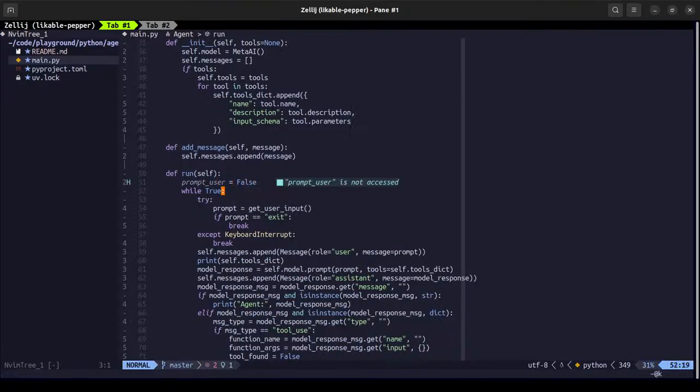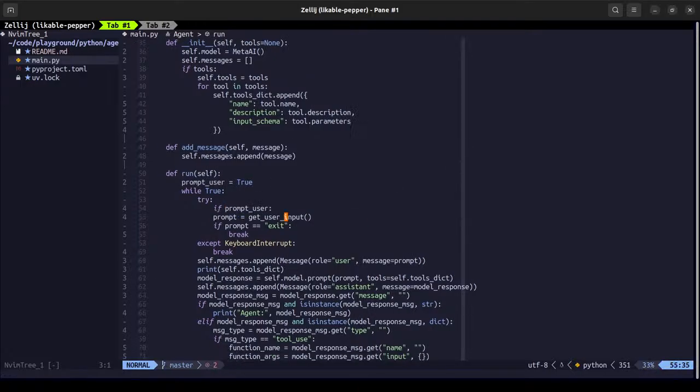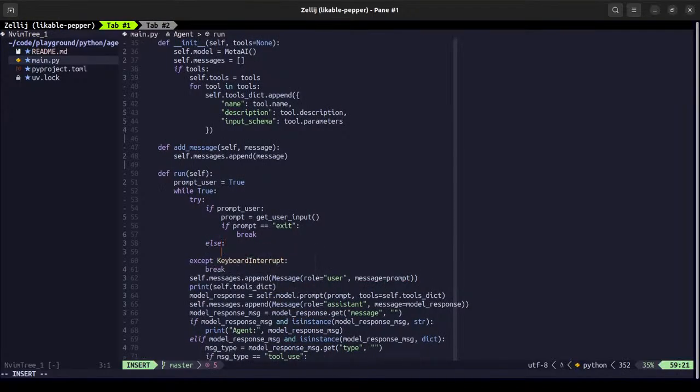Initially it will be true. If prompt user, then do this. Else just don't do anything. Yeah, maybe. No. Else what we need to do is, well,